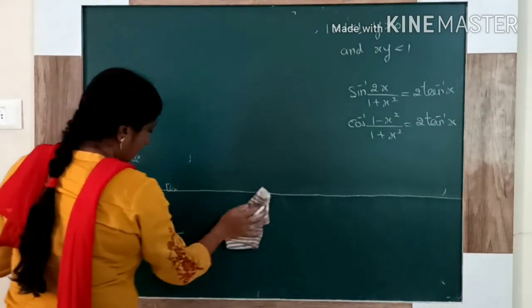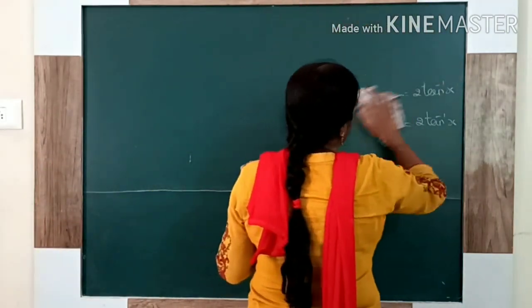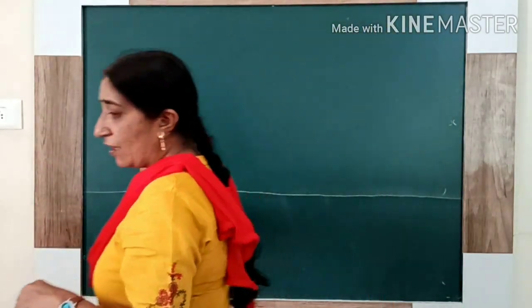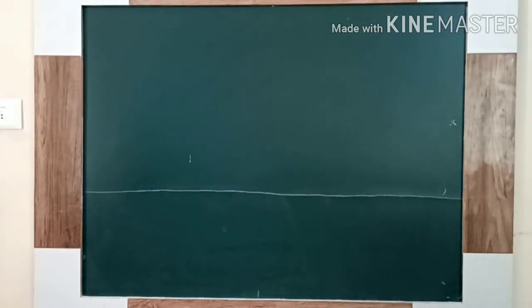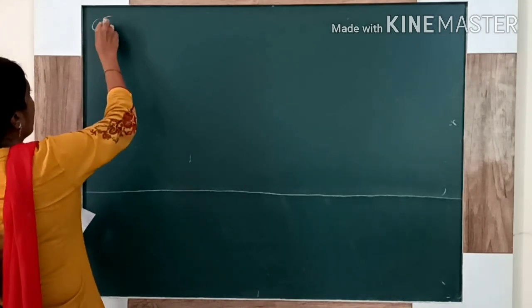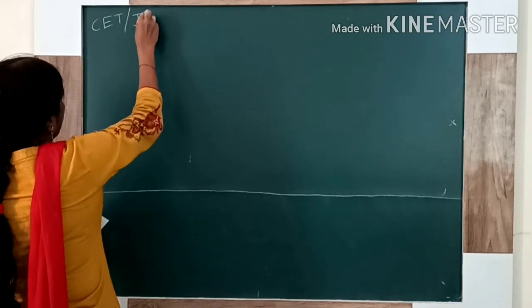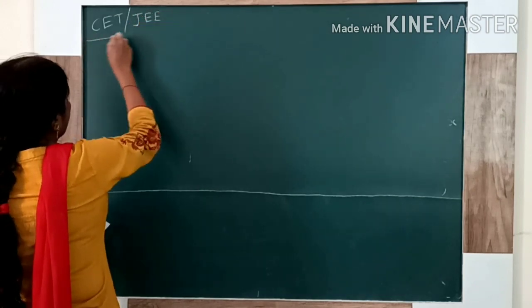Whatever examples we solved, there we don't have the standard values, we just have the alphabets. If the standard values are there, how to solve? Now I am explaining that. For that we have to remember the table, so note this down. This is helpful for your competitive exams like CET or JEE, and for these examples also it is very helpful.